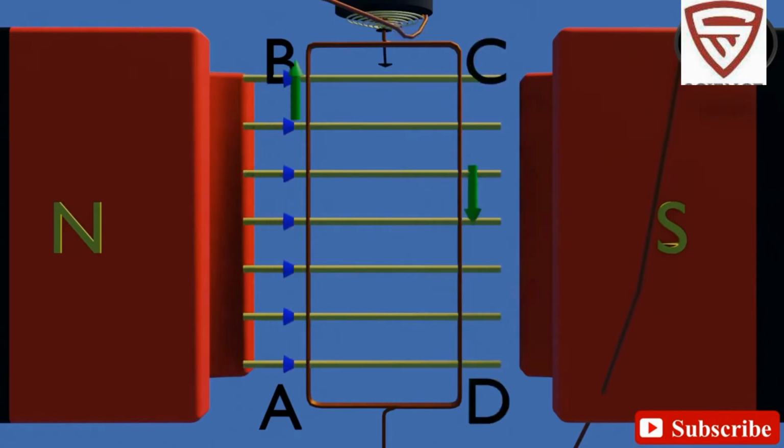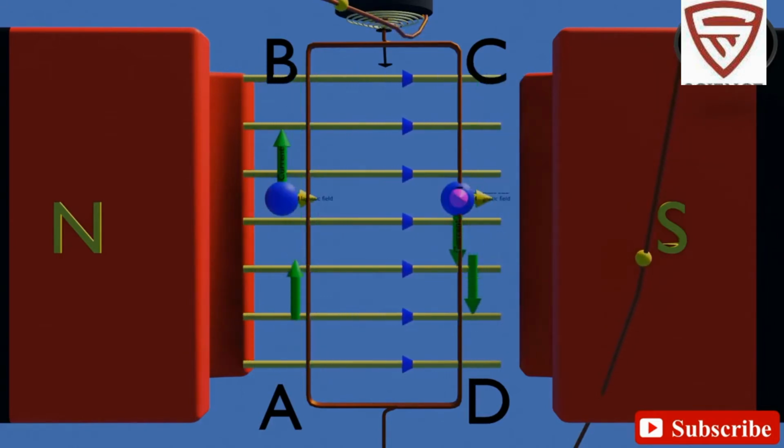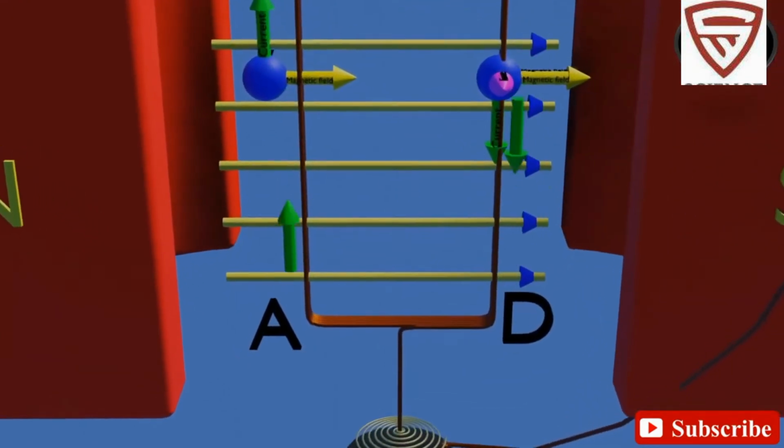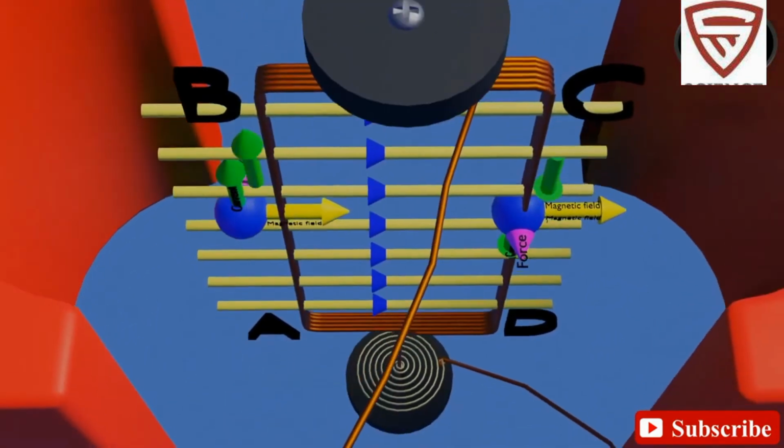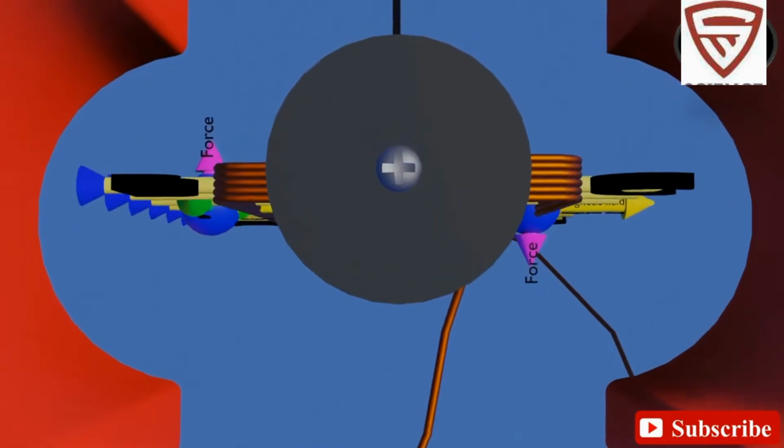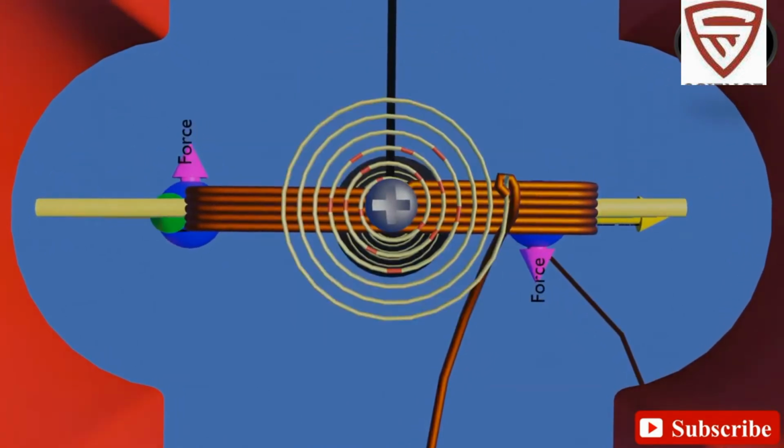When current is allowed to pass through the coil, the direction of current is from A to B in the left arm and from C to D in the right arm of the coil. The magnetic field is directed from north to south. So we can apply the right hand palm rule in this condition, due to which a magnetic force will act on the coil